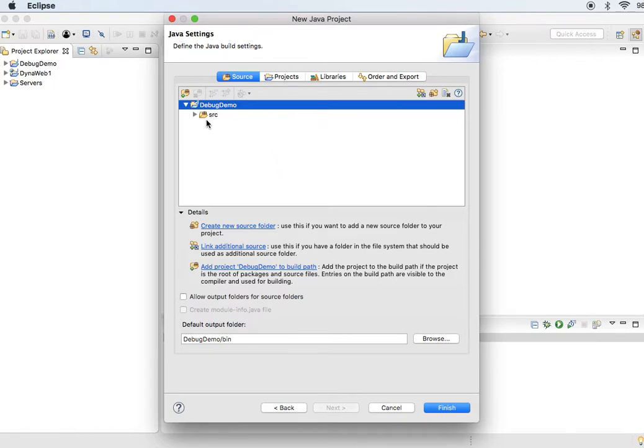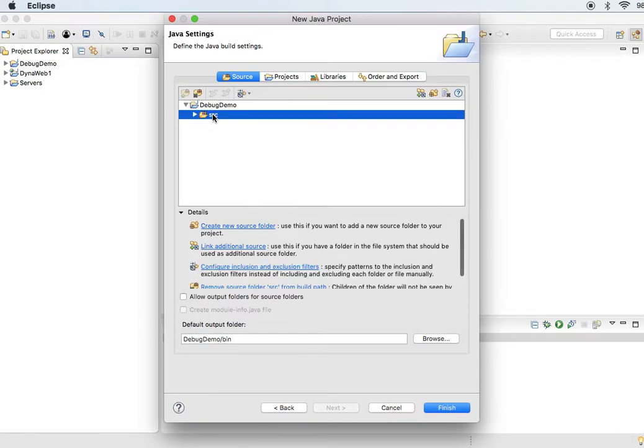When you go for creating any packages, then you can use this SRC folder. Right now I am not going to use any package for the time being. Later on we will see how to go for using this SRC folder for creating the package. So I am not going to do any change over here. Just click on finish.